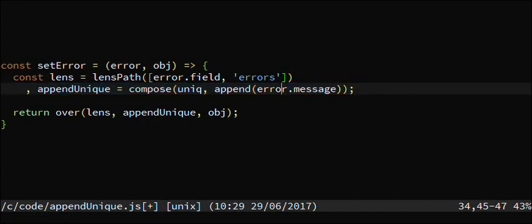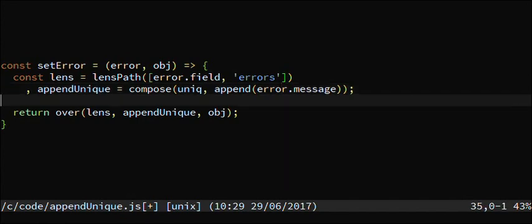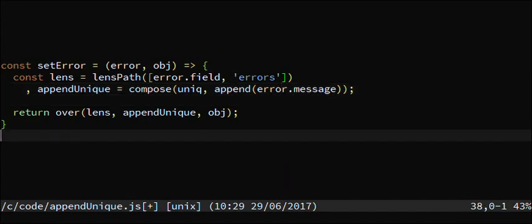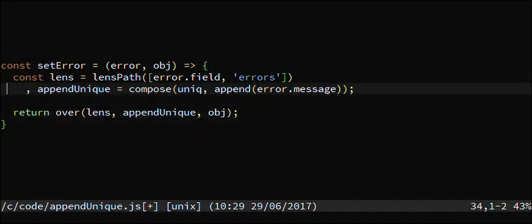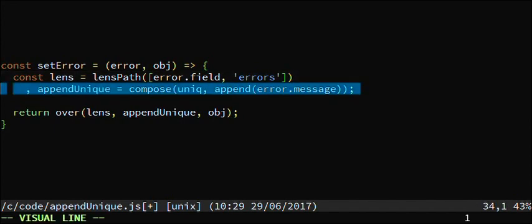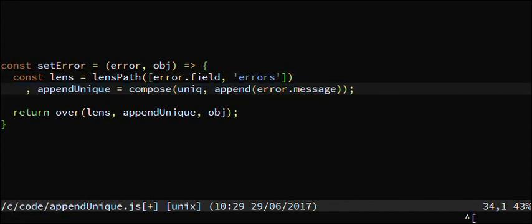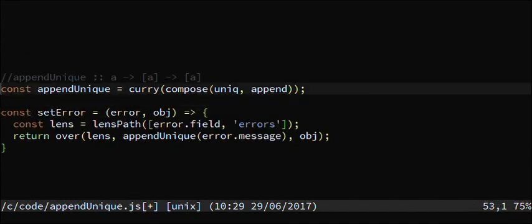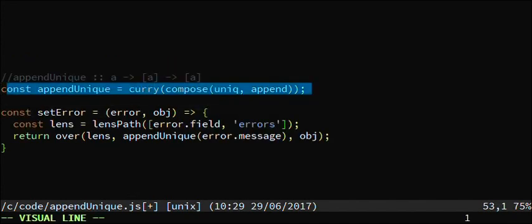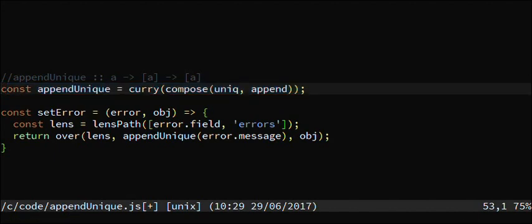And so then I thought, well, what if we were to actually create like a legit append unique function? What would that look like? Because it would be really cool if I could have that function sitting somewhere outside of this set error function. As it turns out, we can absolutely do that. So here is actually what append unique would look like. And it might be what you would expect. We're just composing these two functions. So we're going to append,